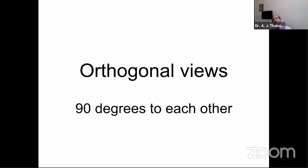Anybody who has done photography with flash knows how difficult it is to control the shadow of the flash. It can make or break a photograph. Similarly, positioning the patient and then taking the X-ray is the gist of everything that we do. In all examinations of any joint, we need X-rays at 90 degrees to each other. Two X-rays are essential, and they should be at 90 degrees to each other so that you get the complete